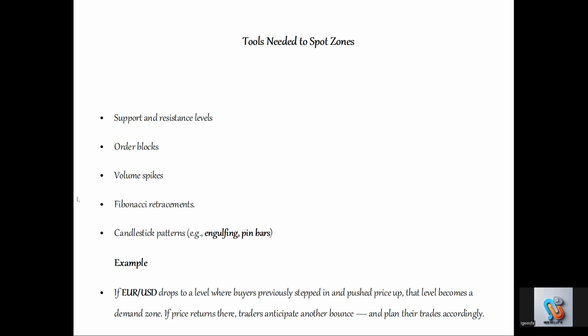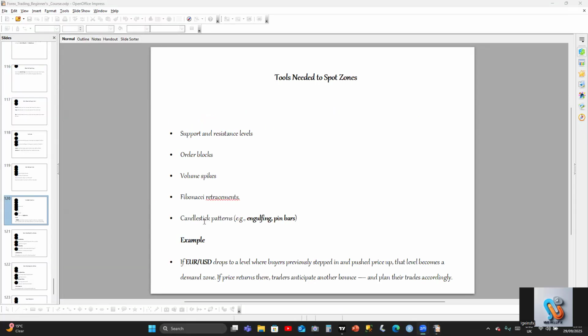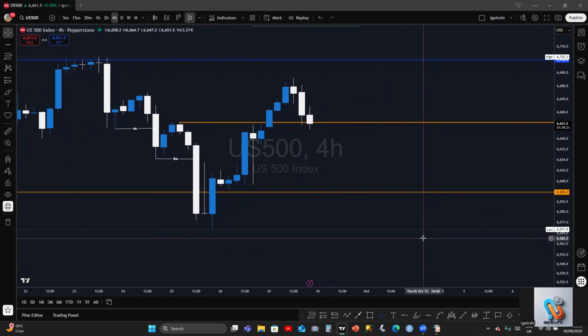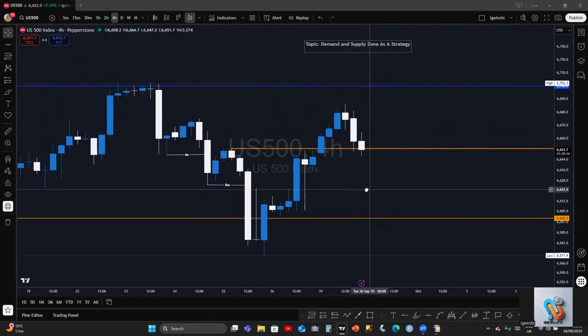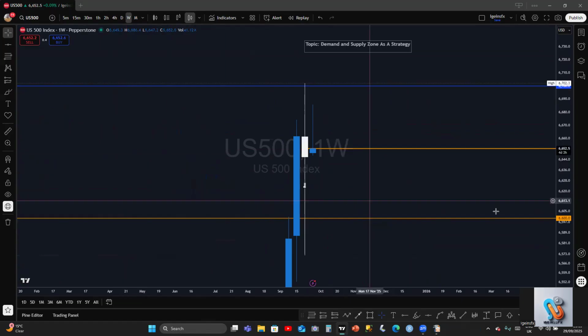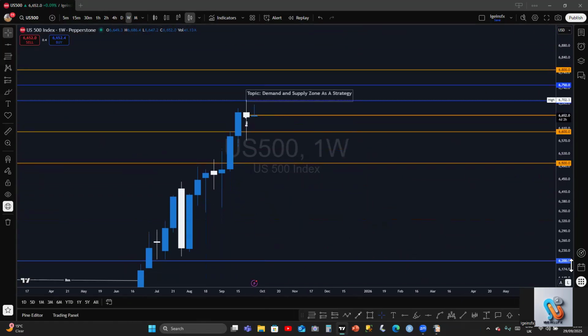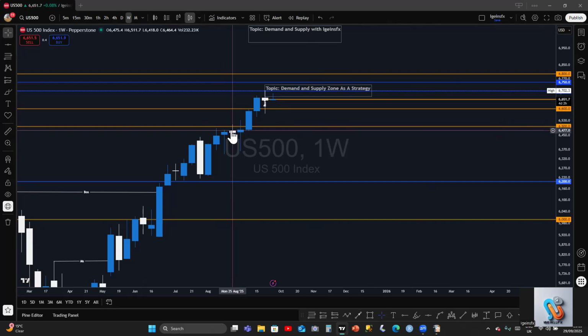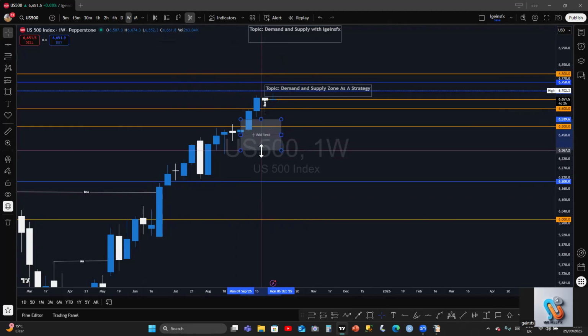I will show you guys so that you will understand. Let me just show you guys so that you understand better. Okay. Now, what I was explaining is that when you say, okay, weekly, right? This is weekly. If you say this one here, for example, this is the last candle. But it was after this that this guy now pushed to the upside, right? If you now mark this very one here like this, what will happen is